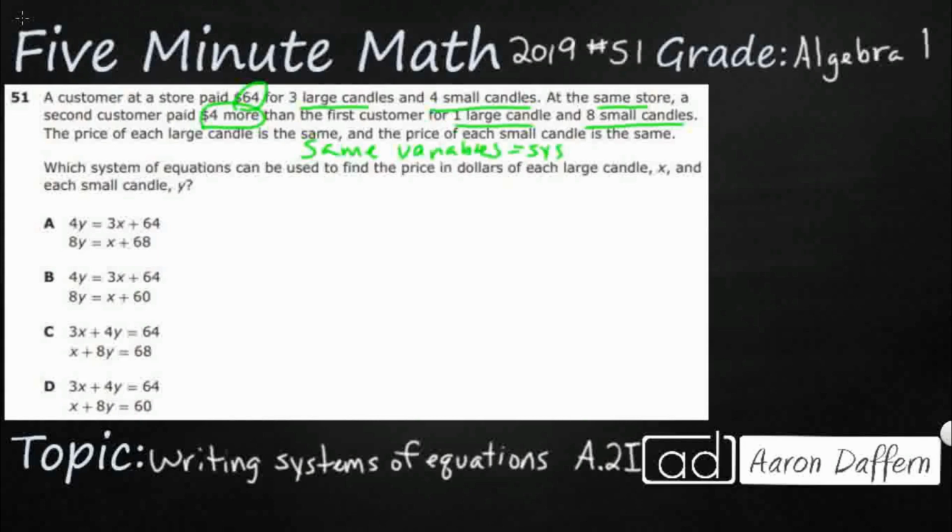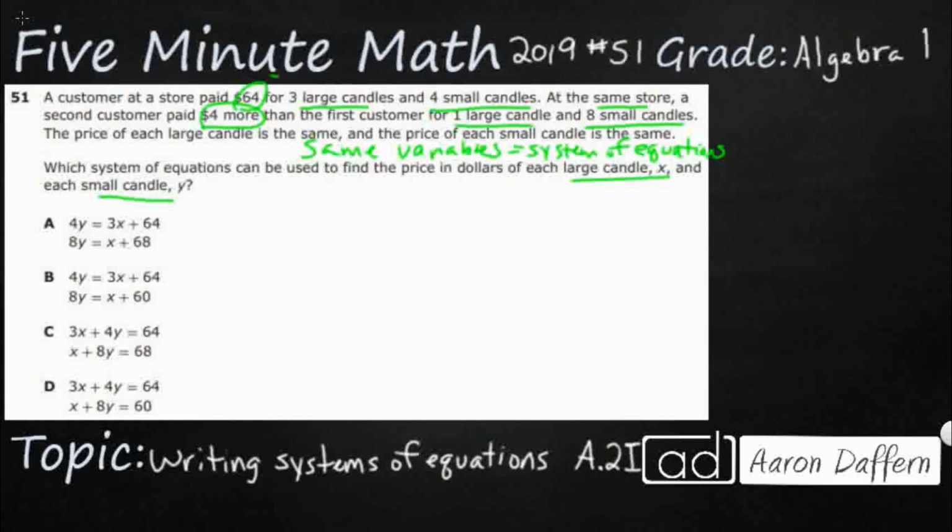All right, so now that we know that, all we need to do is to identify what our equations are, and they give that to us in that very final sentence. Large candle is X, small candle is Y. All right, so let's start with this very first one right here. So a customer at a store paid $64